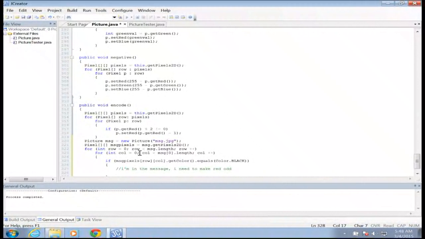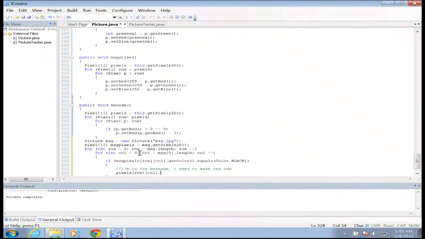So if message pixel sub row sub col dot get color dot equals color dot black, then I want to take this pixel, pixels sub row sub col,